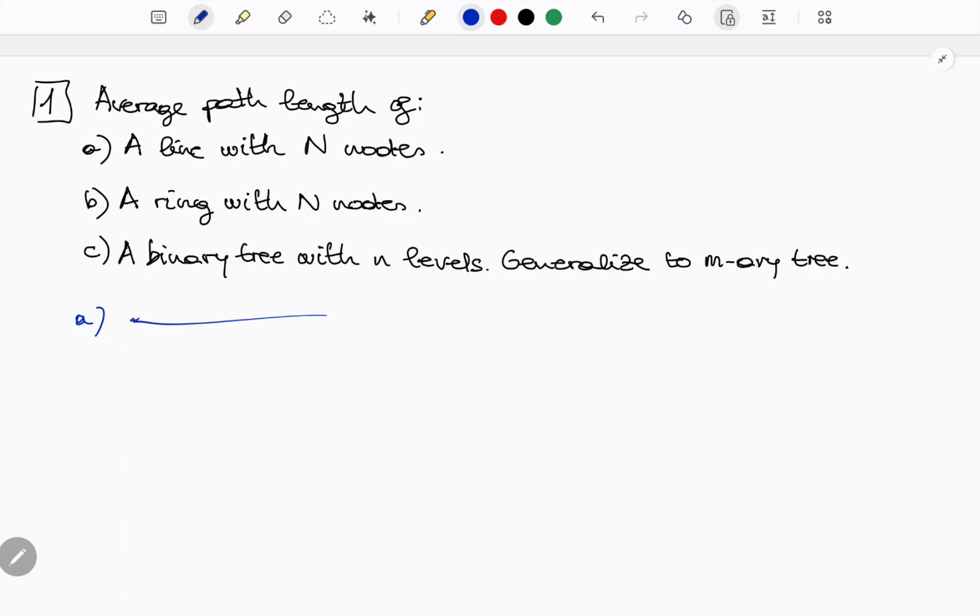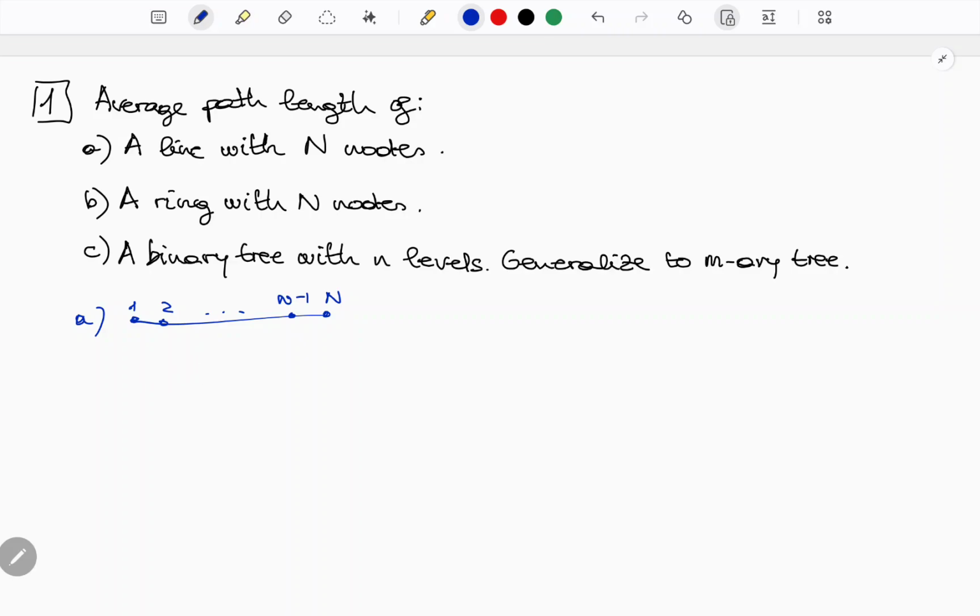Okay, so it's something like this, and an ending node there. So if I number the nodes, this is n minus 1 and this is n. So I have a total of n nodes. And the average path length is going to be,